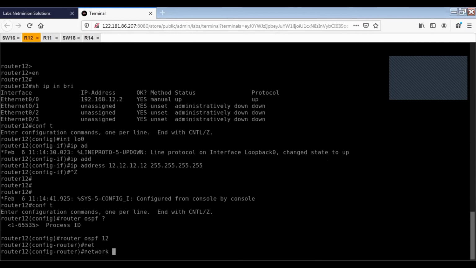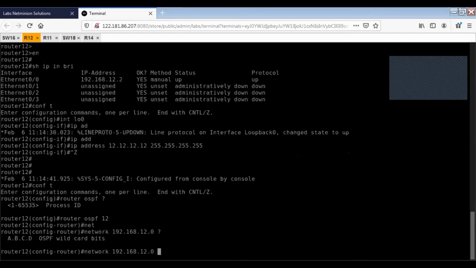So what network do we want to introduce here? First of all, 192.168.12.0, and it uses the wildcard mask, not the subnet mask. The wildcard mask is just the opposite of the subnet mask. Let me tell you.